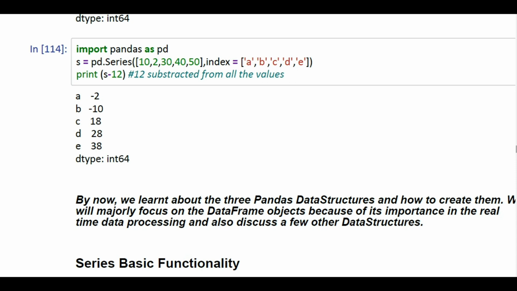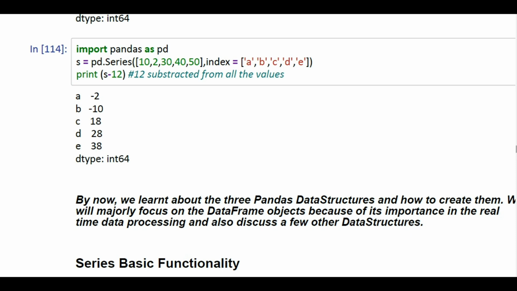S is the object and pd dot series is our constructor and index label is A, B, C, D, E and the total series will be subtracted from 12. 12 is subtracted from all the values.